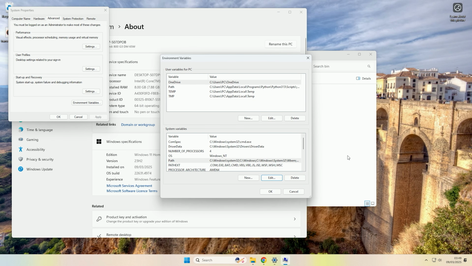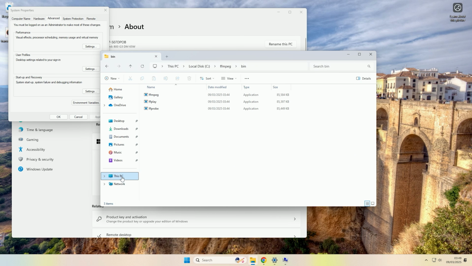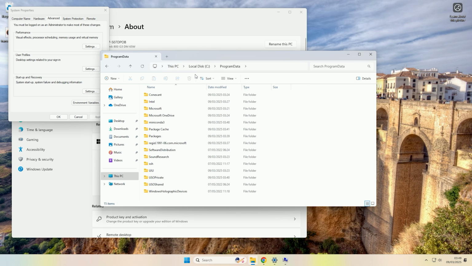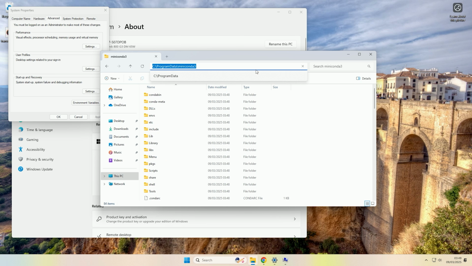few more system variables. So if we come back to our File Explorer again and come to This PC, then the C drive, and then click in the top bar, and after the backslash we're going to type ProgramData like so, and then press enter. As you can see in this directory we now have this Miniconda3 folder. So if we go inside of the folder, and we then want to copy the directory location,